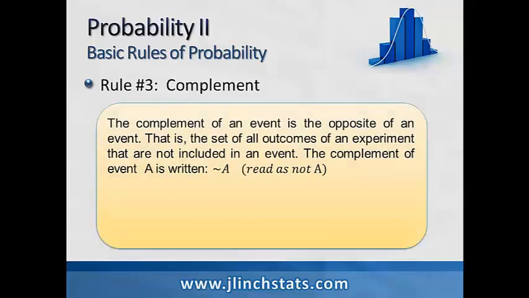Now, the complement of an event is basically the opposite of the event. That is, the set of all outcomes of an experiment that are not included in an event. The complement of an event A is written as tilde symbol A, which we read as not A. We can also read it as A complement with the superscript C as well. So the probability of event A occurring